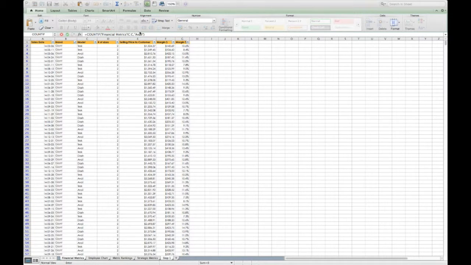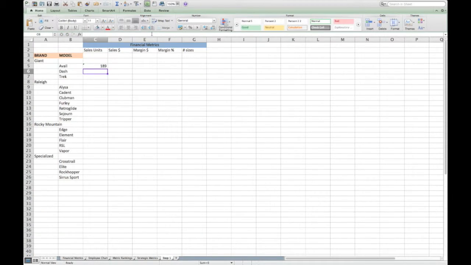So we have to be very careful in what we type here because it has to match whatever's here, or else it's not going to calculate it properly. So once we're finished that, we click enter. Now, you will see beside Avail, it'll give you the number of sales units. Okay? So what we can do is we can use that exact same formula for each model. Now, this makes it a little easier, is we can click on this, drag this down,